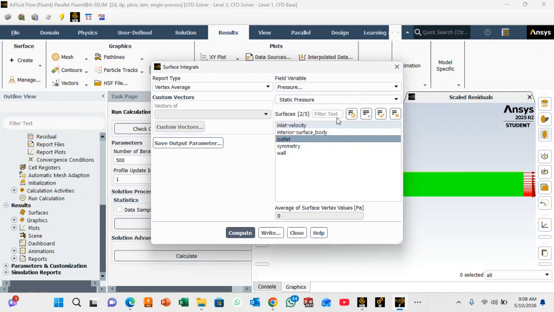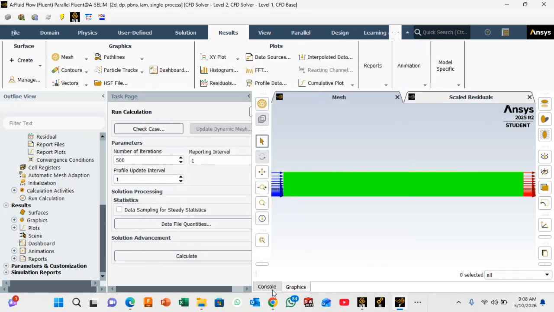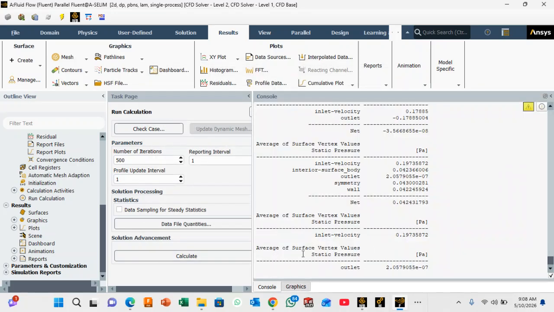Uncheck the inlet. Compute. You see, 2.05 raised to the power minus m. It decreases downstream. So if you check the console, that would have been plotted: inlet velocity, inlet pressure in Pascal, and the outlet. It decreases downstream. And we can use the